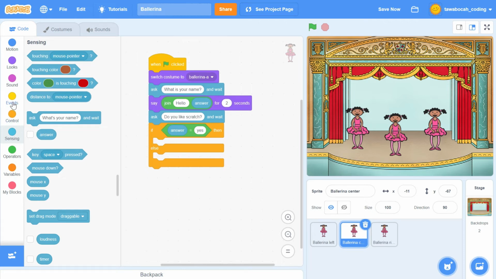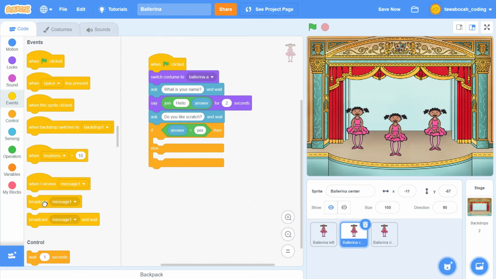If it is yes, broadcast a message called dance, and play classical piano music.